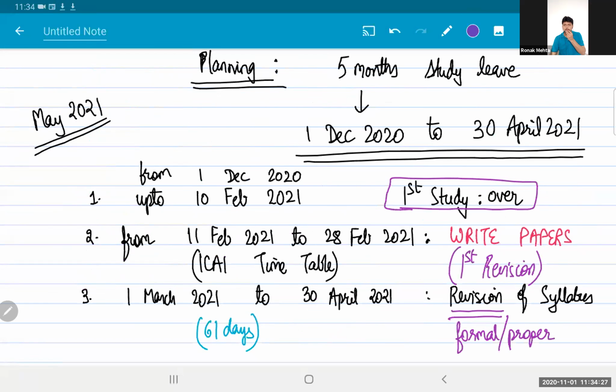January to April was ideal when I was a student about 12 years ago. Today the syllabus has genuinely increased. SFM has increased. FR has been fundamentally increased. It has gone for a super duper change. Indirect tax has changed because of GST and the number of GST amendments. So quite frankly, 4 months was adequate a decade ago. Today, 5 months is adequate.